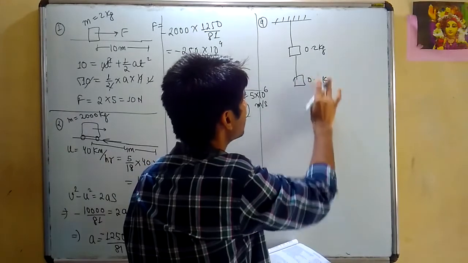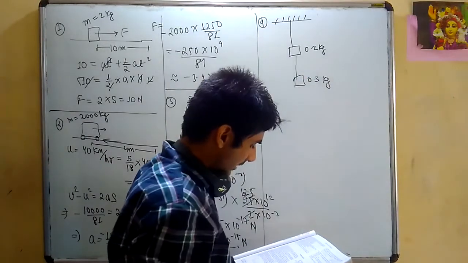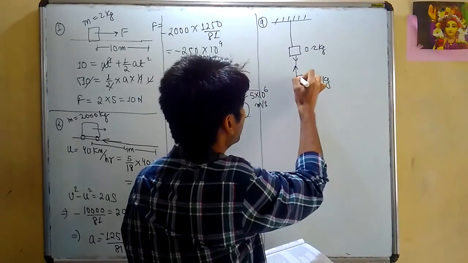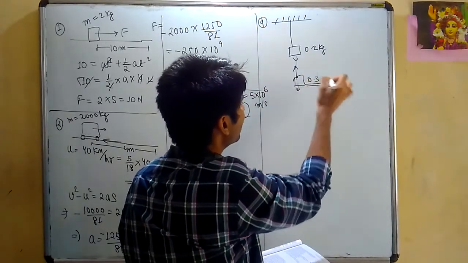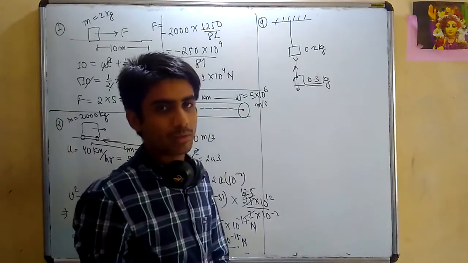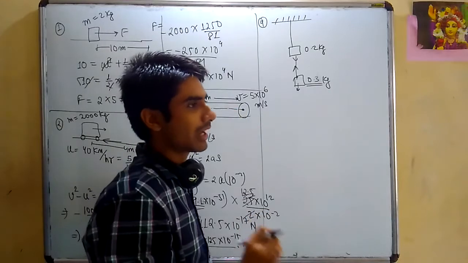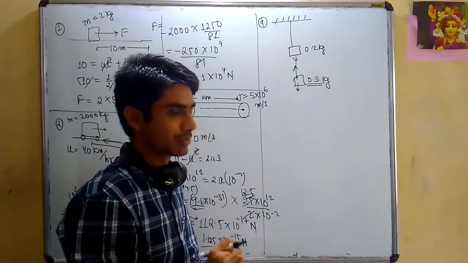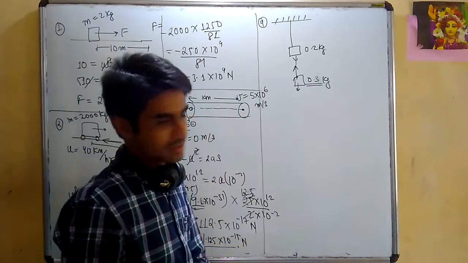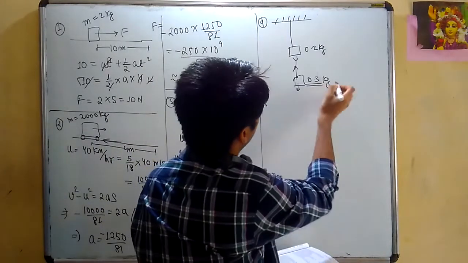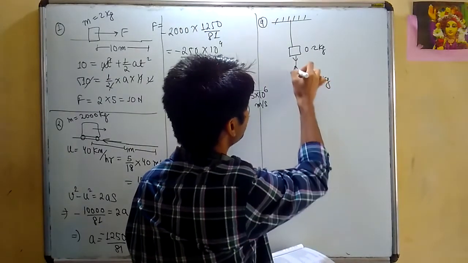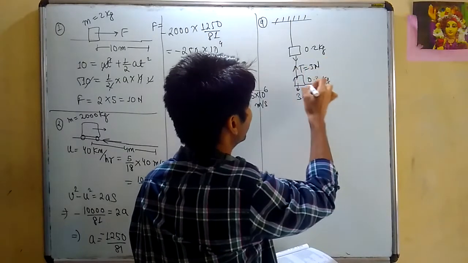0.3 kg suspended. Find the tension in the two strings. So this is at rest. Naturally, on this particular block, the downward force will be mass into gravity. When I will be solving, I will always take gravity as 10 meter per second square. In HCV, in some questions, they have taken the value of g as 9.8 meter per second square, so the answer may be a little bit different in terms of decimals. That doesn't matter. So 0.3 kg, the weight which is acting is approximately 3 newtons. So the tension here will be 3 newtons exactly.